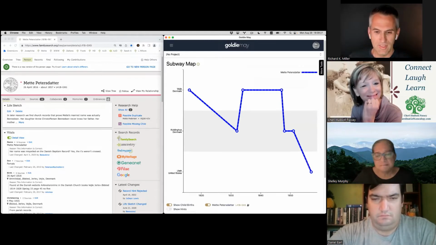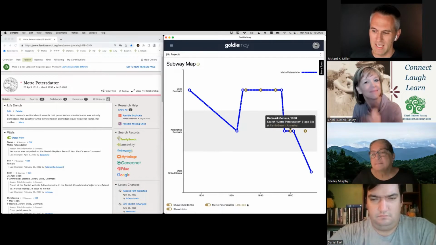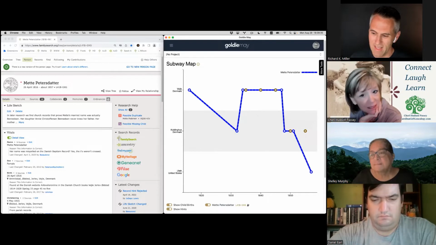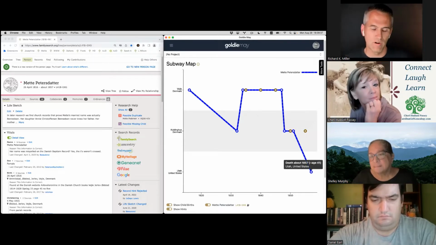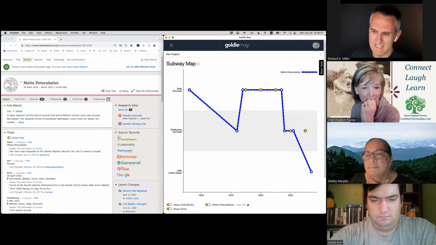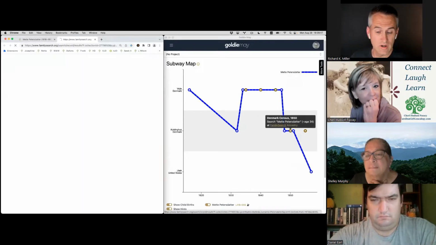So there's an option to turn on hints, and then you can say, hey, I want to look in the 1850 or 1855 Denmark census. If we know she was in the 1855 Denmark census, then the line will redraw, so you have less of that diagonal and more of a vertical, more of a migration. These little gold hints, you can click all over these and see various hints, and they allow you to launch a search into Family Search or Ancestry.